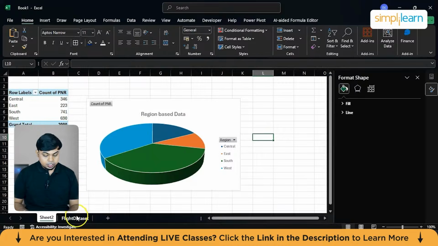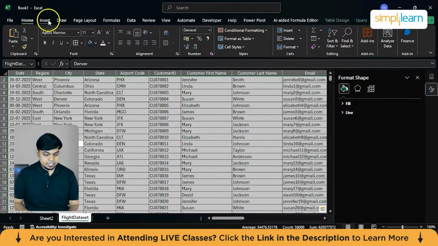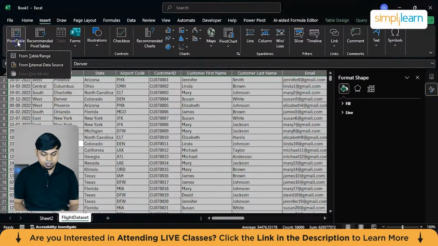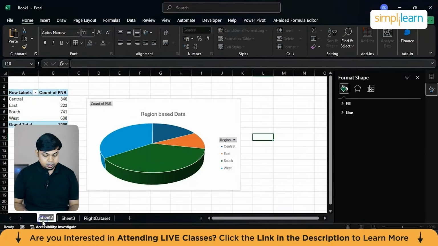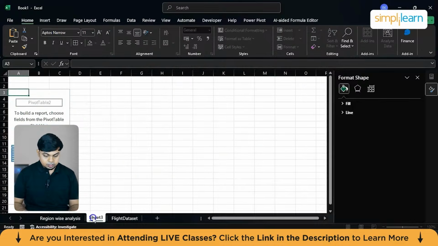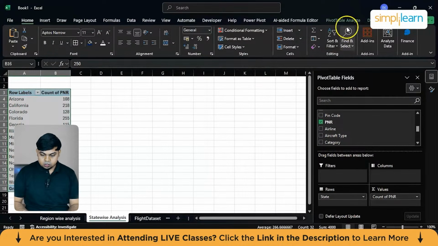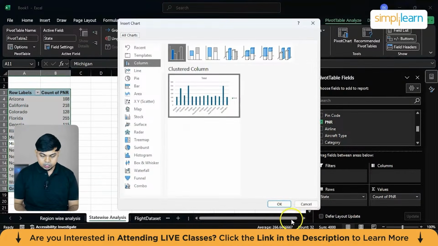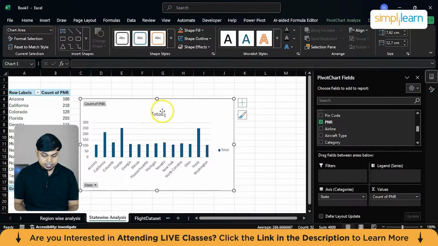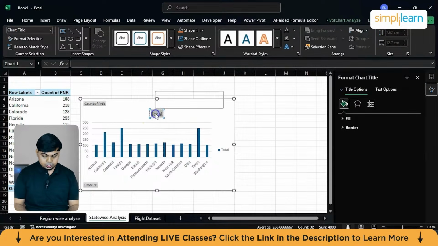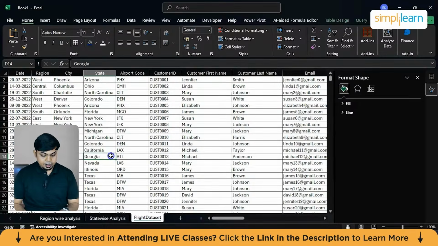and then I'll go to the flight dataset again. I'll select the entire dataset. I'll insert a new pivot table, and you can also rename this as region-wise analysis. In this, I want to go with state-wise analysis. We can also create a pivot chart for this. You can go with the recommendation of Excel here. I'll go with naming this as state-wise,